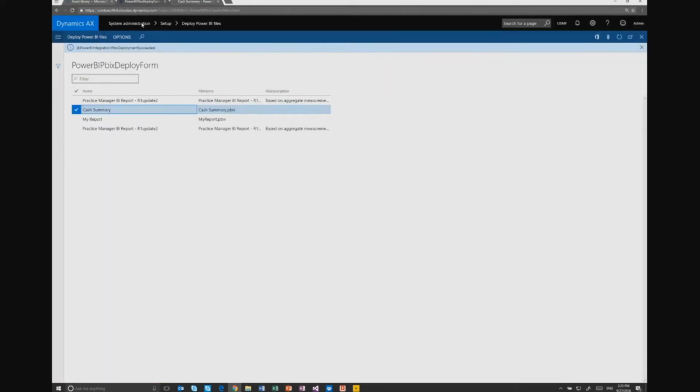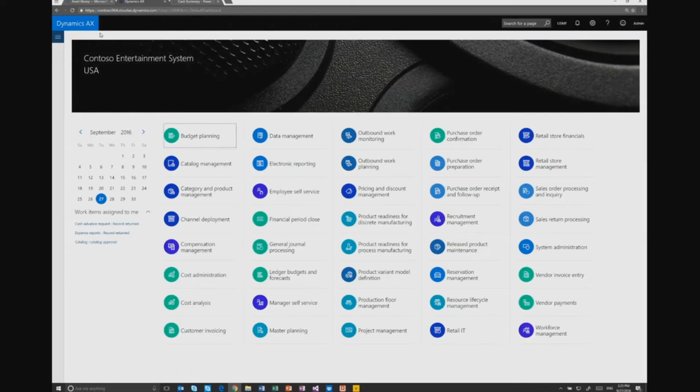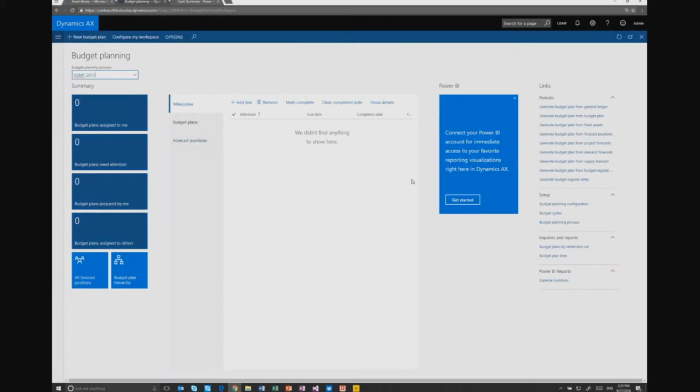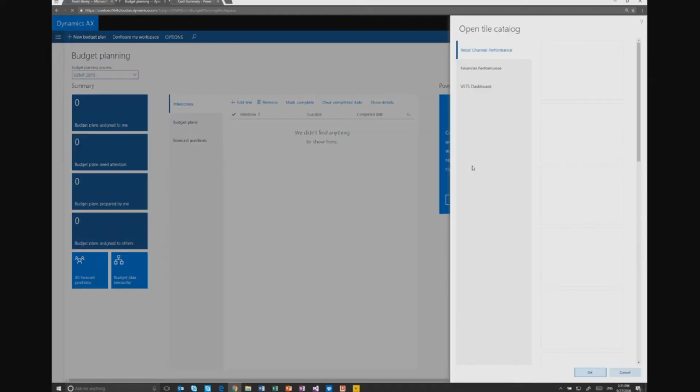But what I can do is jump back into AX, and I'm going to come in here to my budget planning workspace. Now there's a couple of things I can do to actually integrate that Power BI content back into my workspace. So the first one here is I've got my Power BI picker, and by clicking this I can actually pick individual visualizations that I want to pin back into the workspace. So I'm going to have a look at financial performance,